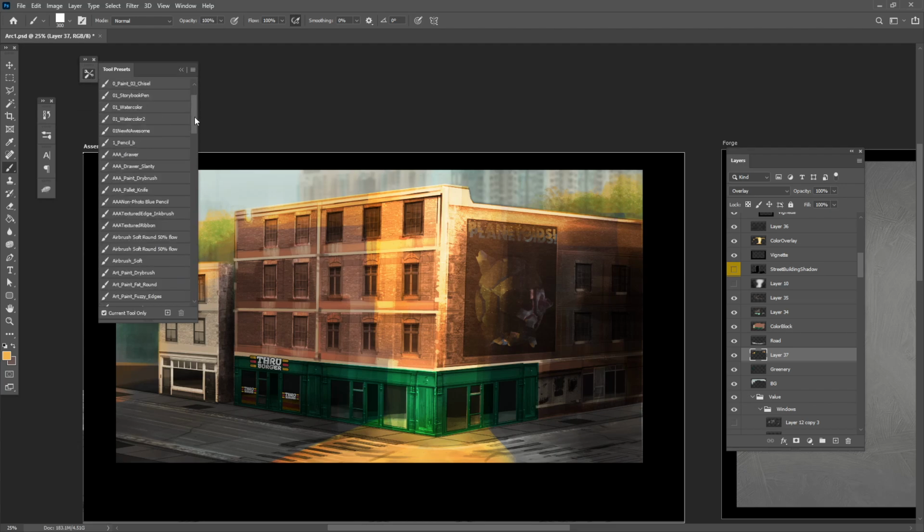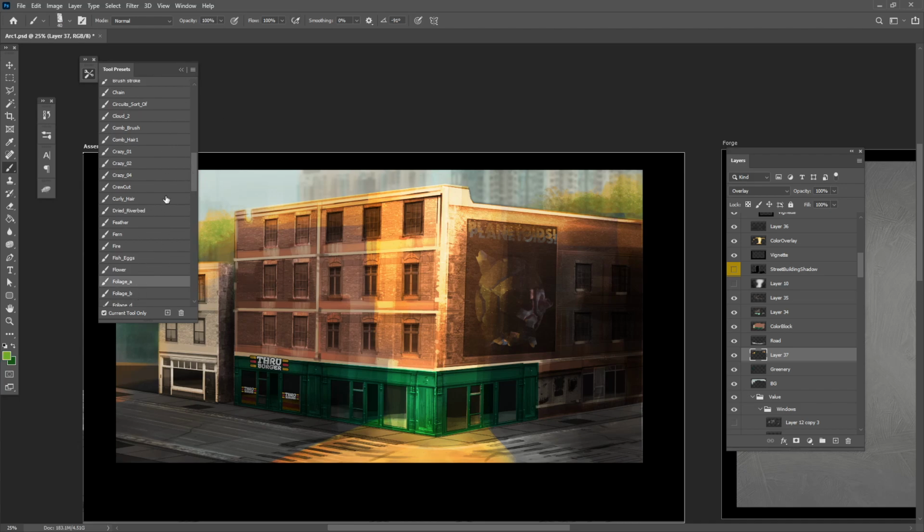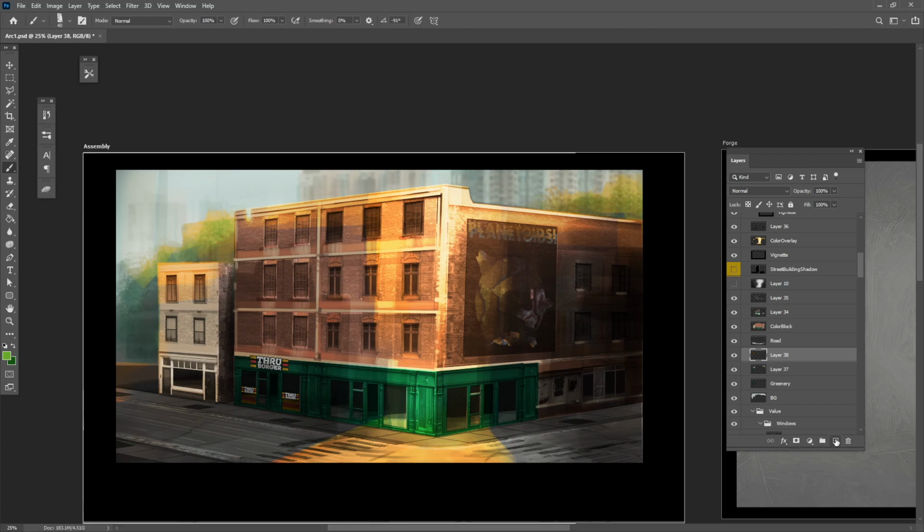If I go into my tool presets, I've got all sorts of foliage brushes and stuff that I can use. So I might just start adding things in. Don't be afraid to add in a little bit of darkness into your brushes. I really like where this is going, and I think the more that I'm looking at this, the more I'm like,